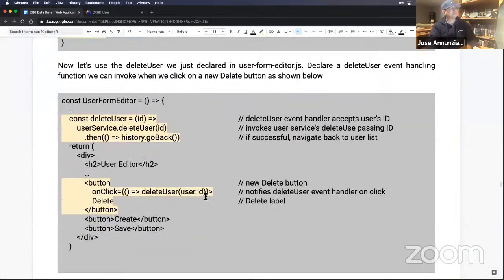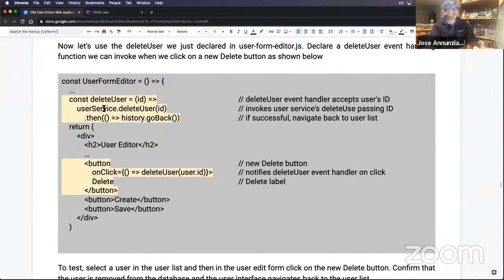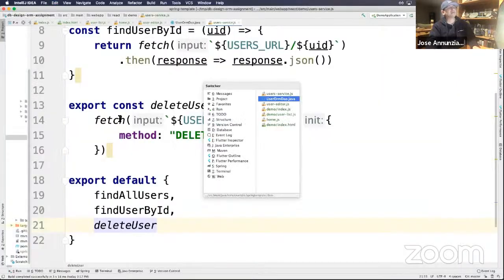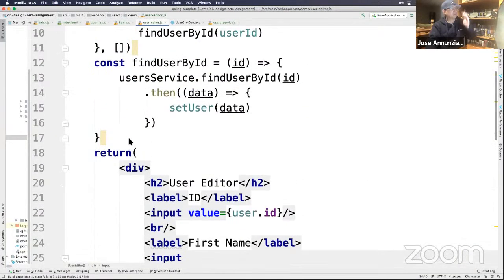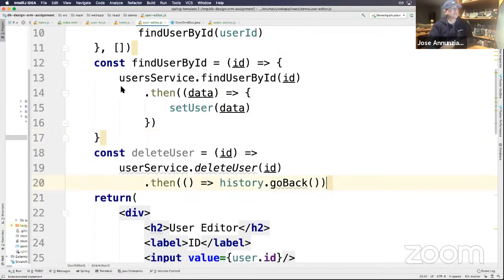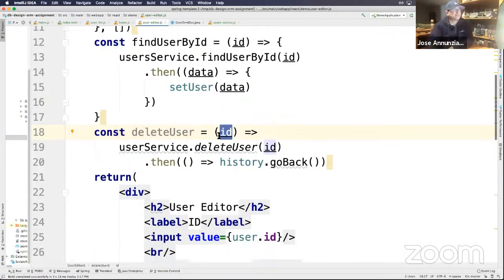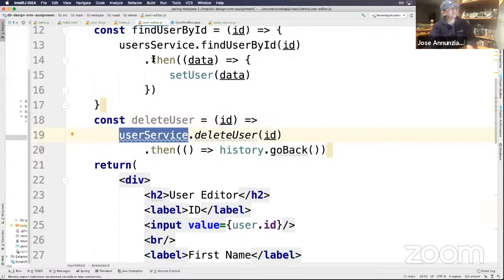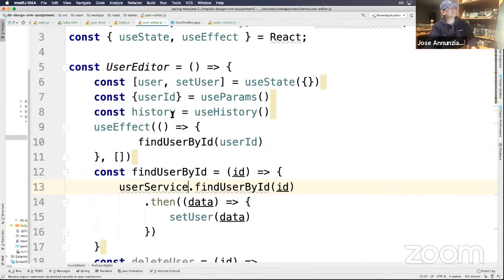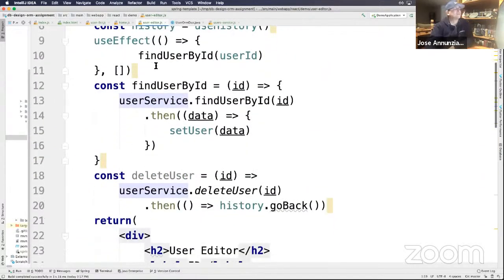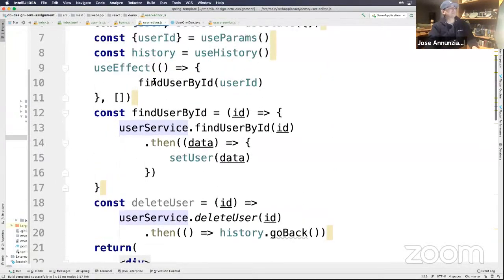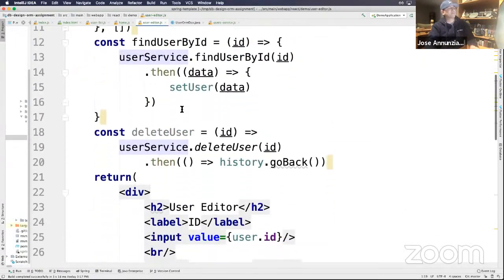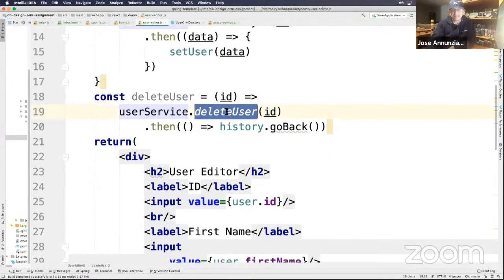And next, now we can use it in our editor. We can create a function in the editor. We're going to put it right here, right before our return. We create a function that takes the ID locally here in our user interface, and it's going to use our service. I guess I named it users. Okay, user. Okay, delete, find. Okay, there we go. So it's going to use user service, the delete function we just wrote,